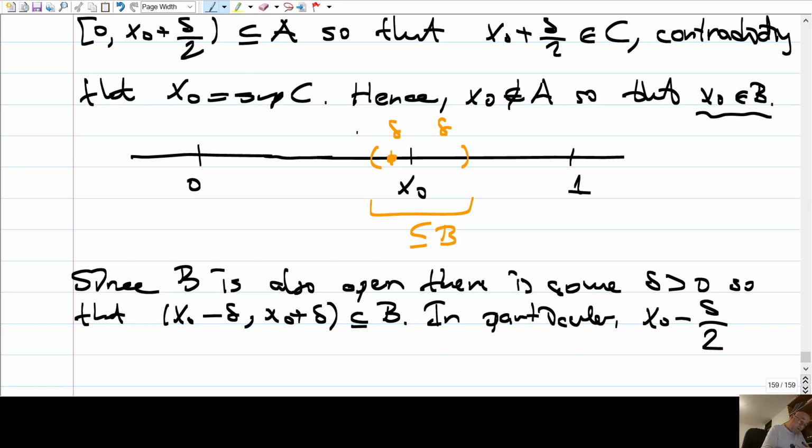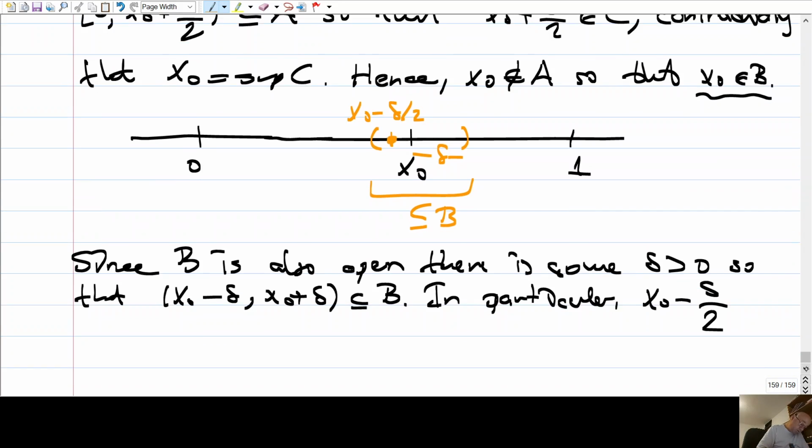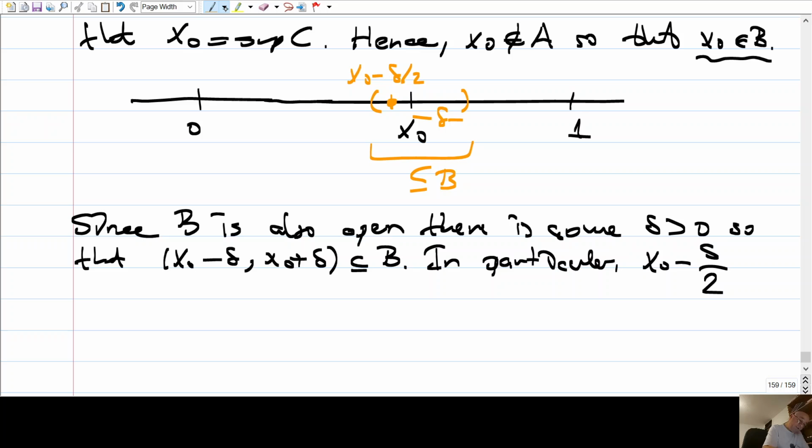So it is this point. So delta is this distance, the radius, and this point is x0 minus delta over 2. This point would be in B,